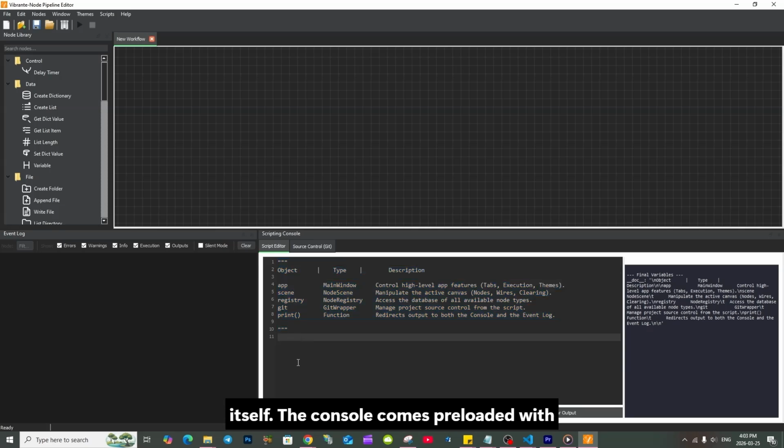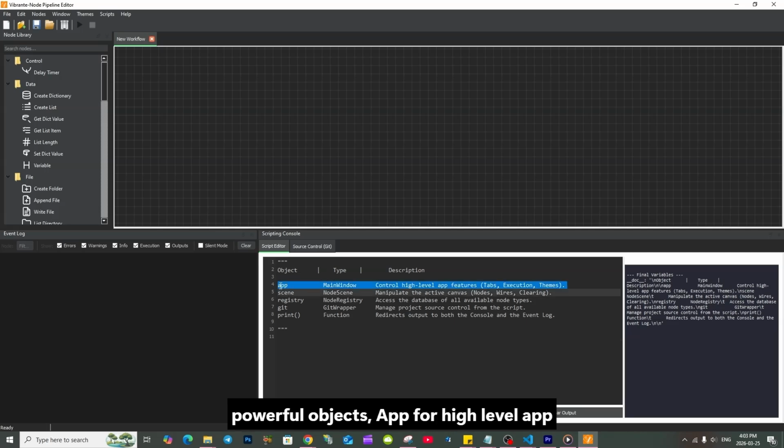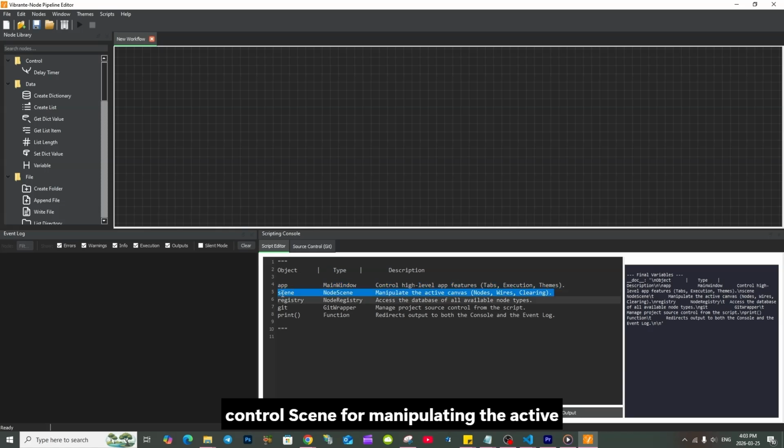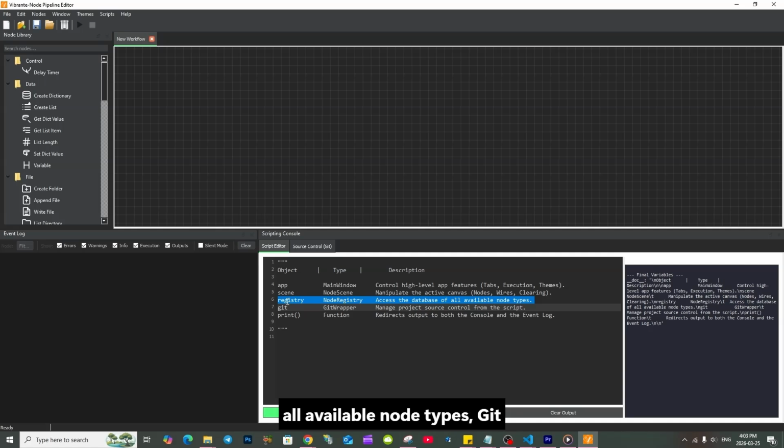The console comes preloaded with powerful objects: app for high-level app control, scene for manipulating the active canvas, registry for accessing all available node types, git for project source control, and print for instant feedback in the console and event log. For example, add a node with a single line: